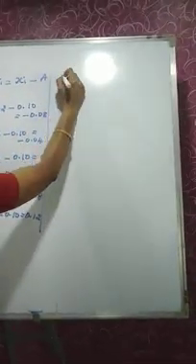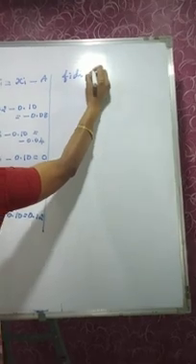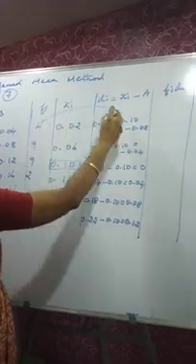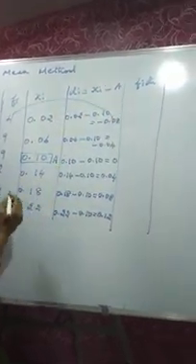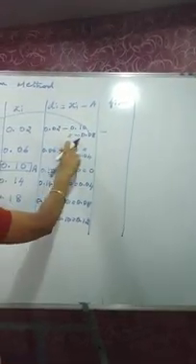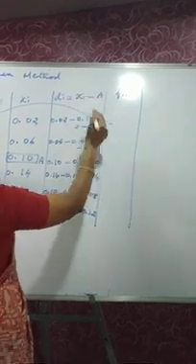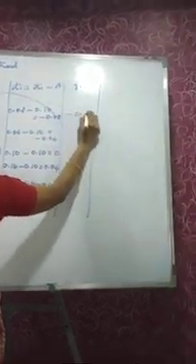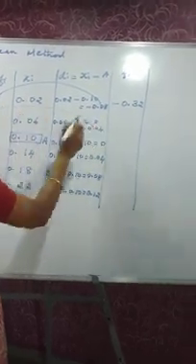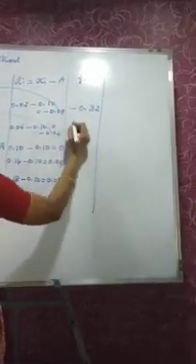So the last column is fi di. We know what is fi di, which is the multiplication of fi column and di column. So we are going to multiply this 4 with this number minus 0.08. The result is minus. We are multiplying a positive number by a negative number. Therefore, it becomes minus. The result is minus 0.32. Next, we are going to multiply 9 with the number minus 0.04. Becomes minus 0.36.